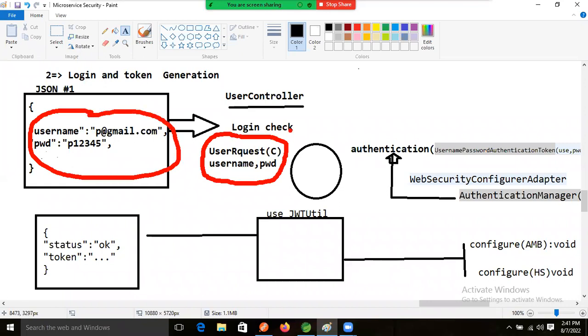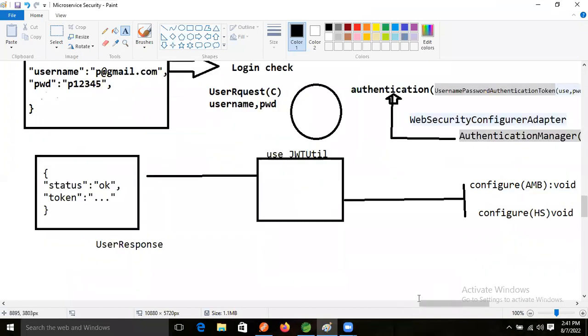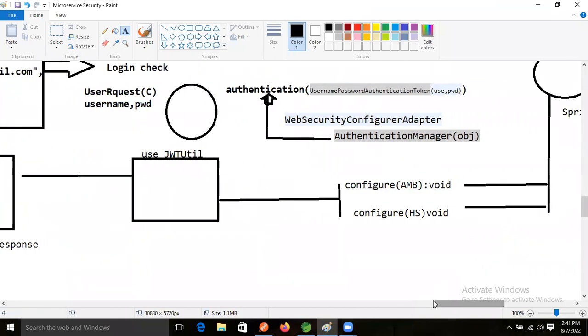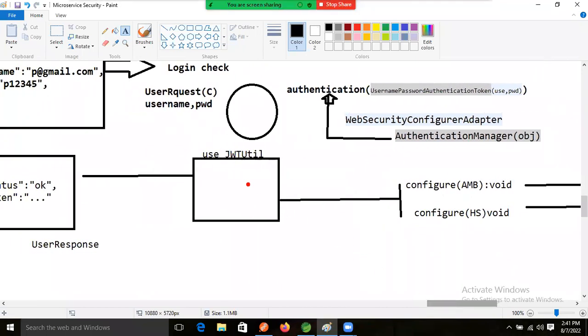After that we will perform the login checks here itself. How can we perform these login checks? We will take the help of the authentication manager. We will pass this username and password to the authentication manager,